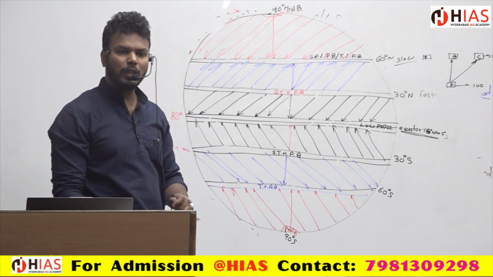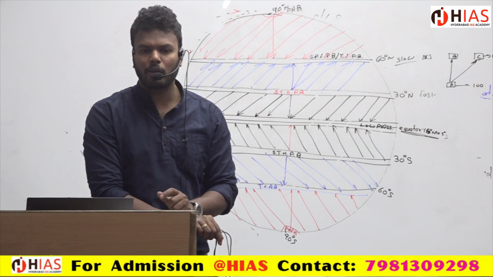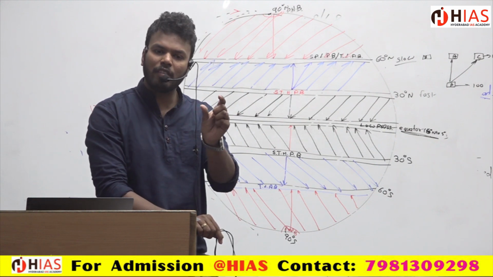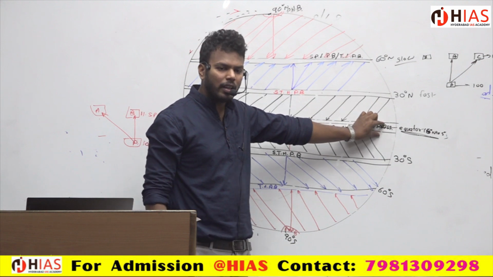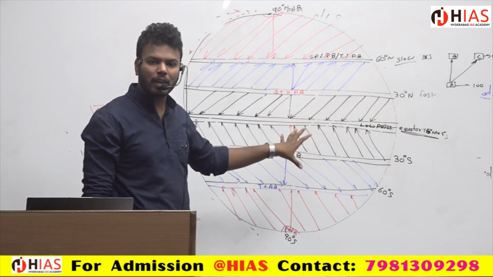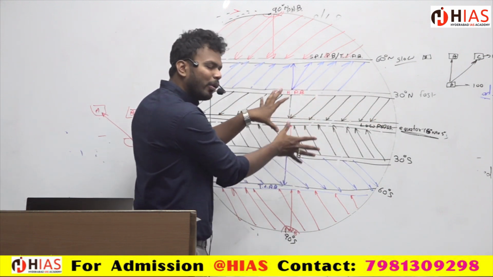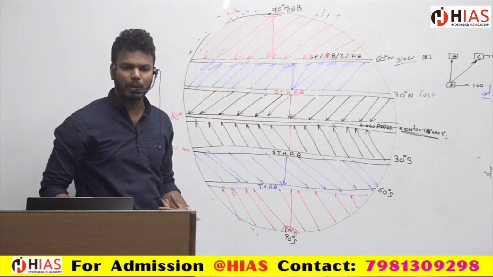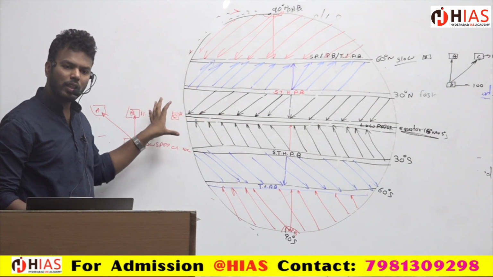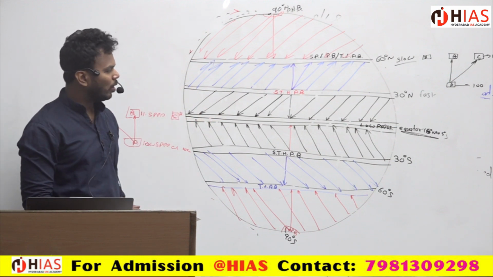In the equinoxes, the subsolar point, the highest point of the sun, will be at the equator. That is why the highest temperature will be at the equator. So this will be at the equator point. The same is going to change with regard to the winter solstice and the summer solstice. Once I draw this, you can understand it. Okay? So let us repeat.